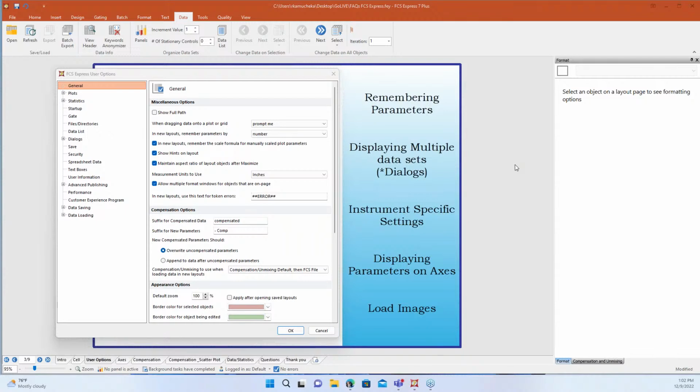And a lot of times it comes from if somebody's changed their tube or they've added a fluorochrome or an antibody to their tube or they've taken one away. So something that's going to make the number of parameters change, and then that's going to disrupt how the data loads into the layout. So when something like that happens, you can always kind of have this in the back of your mind, like, oh, maybe this has to do with how the layout is remembering my parameters, and maybe I need to do something with that. Yep, absolutely. So moving to our next thing, I often hear about displaying multiple data sets.